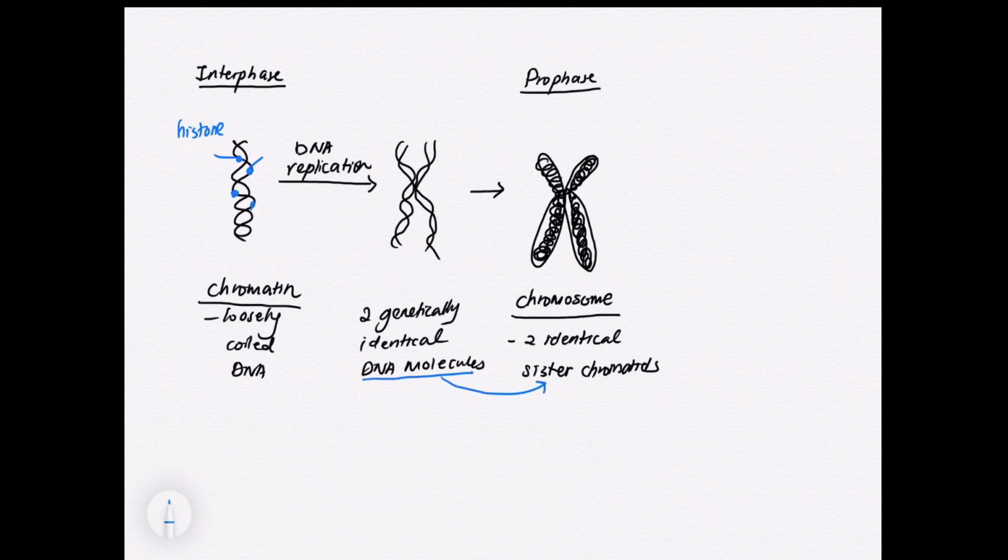So you have two copies of the chromatids held together by the centromere. So if I ask you to describe the structure of chromosome during prophase, this is how you imagine the structure